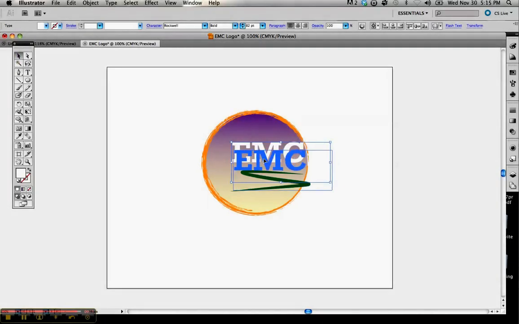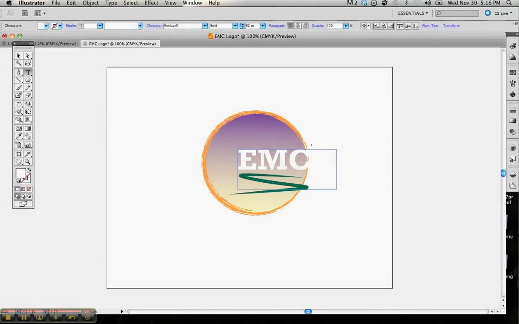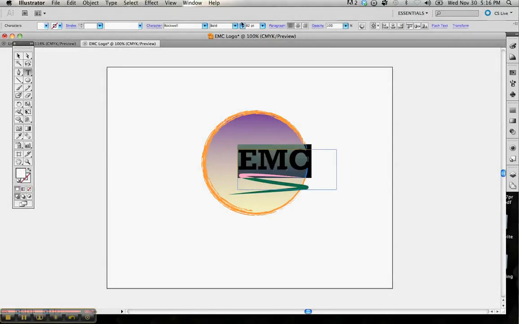We're going to change the fill color to white, which will give us our basic logo. And we need to place that logo to where it's more pleasing to the eye. Much better. Actually, it could be a little bit larger. Go back in, highlight, and we will